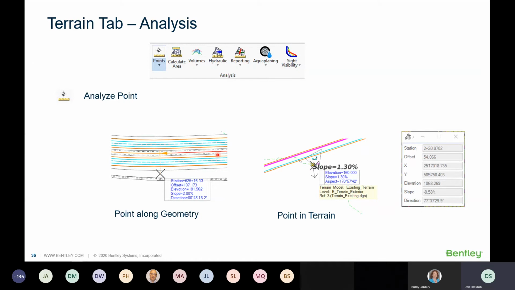So we still have a number of those same options to be able to click on our alignments and see things like station, offset, elevation. It'll even give you slope and a bearing or direction label as you click and move along the different alignments. So as you're trying to find where this curve actually begins, maybe you have some piece of utility or you're placing signs and you want to verify what their station and offset locations are, you're able to use